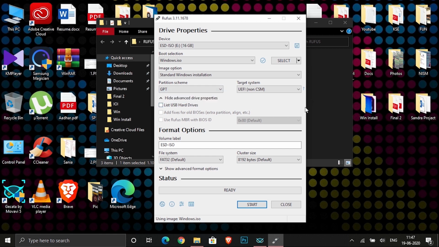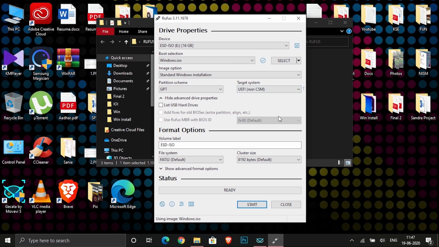If you are running an older version, for example from around 2000, 2005, 2006 or some range, then you have to choose MBR as the partition, because those laptops use MBR partition. Keep this in mind before you proceed further.